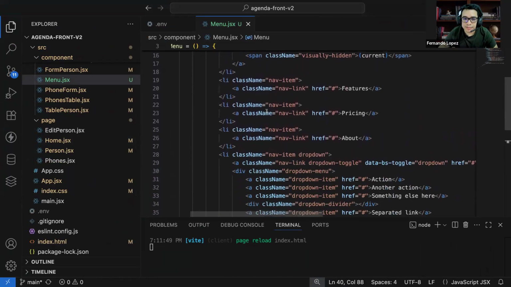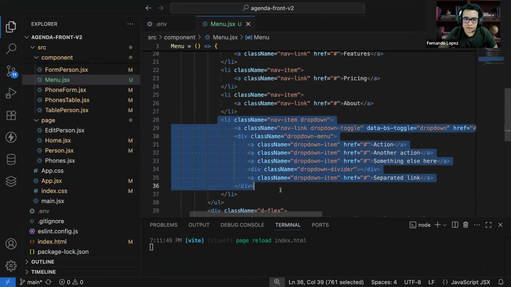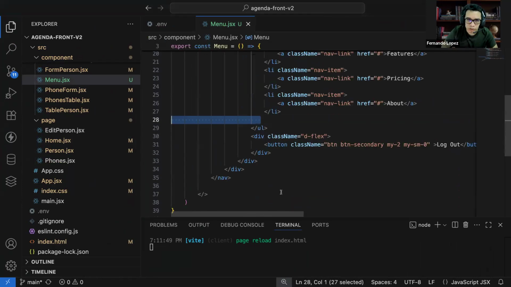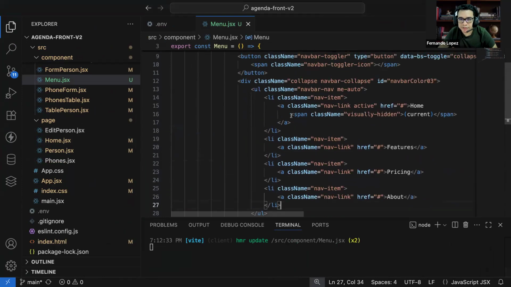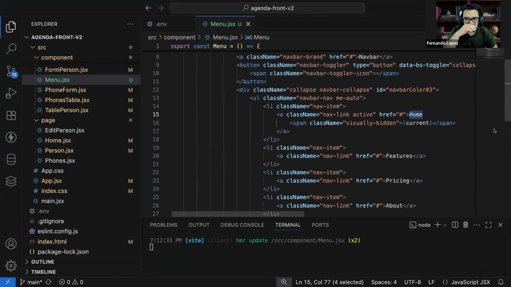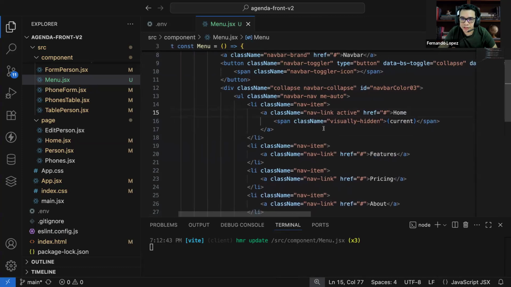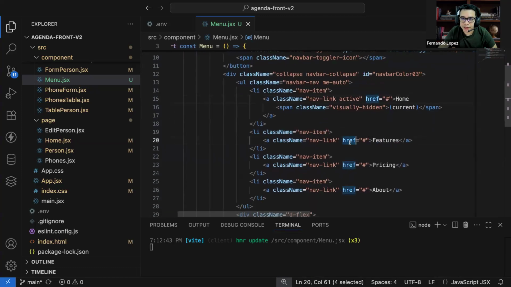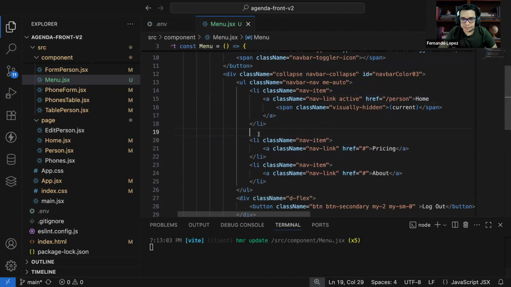So I will remove this dropdown list that I have here because I don't want it. But I would like to have the home section. In this case, the home section is going to be the person. Yeah, let me call it home, but it's going to be, where is the href that I have here? Give me a second because I want, okay. So here, the href is going to be the person route. Let me move this. I think this is going to be the only one,